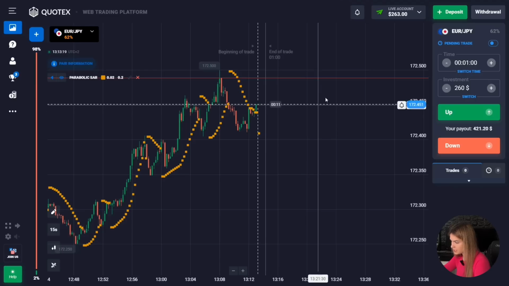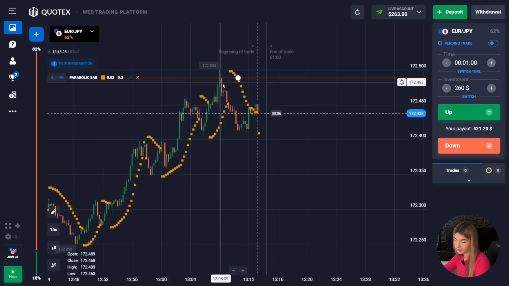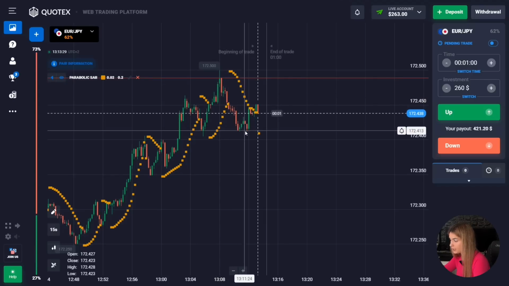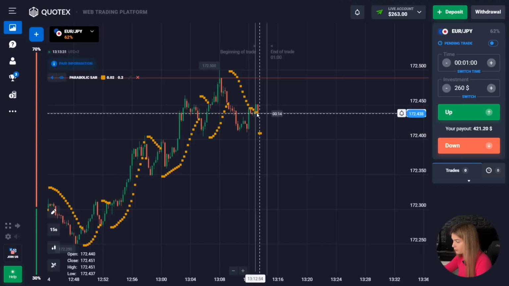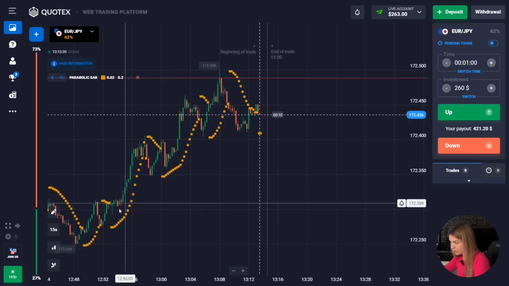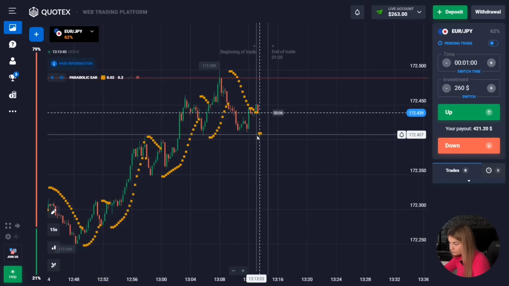So here we have a resistance level. We also see that after touching the level there was a pullback down. And so after a pullback from a certain point, the price turned around and moved up. Green candles are forming. At the same time, we also see that the overall price potential is going up. Points are also formed under the graph. This means that an upward movement is expected in the near future.